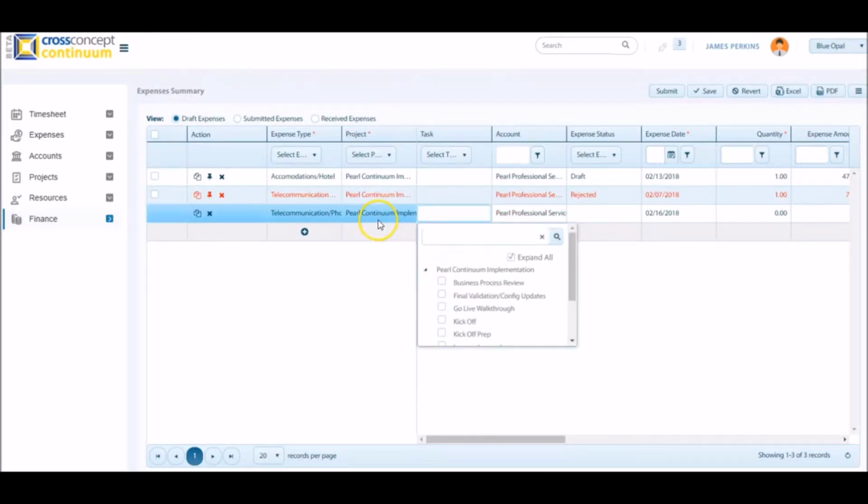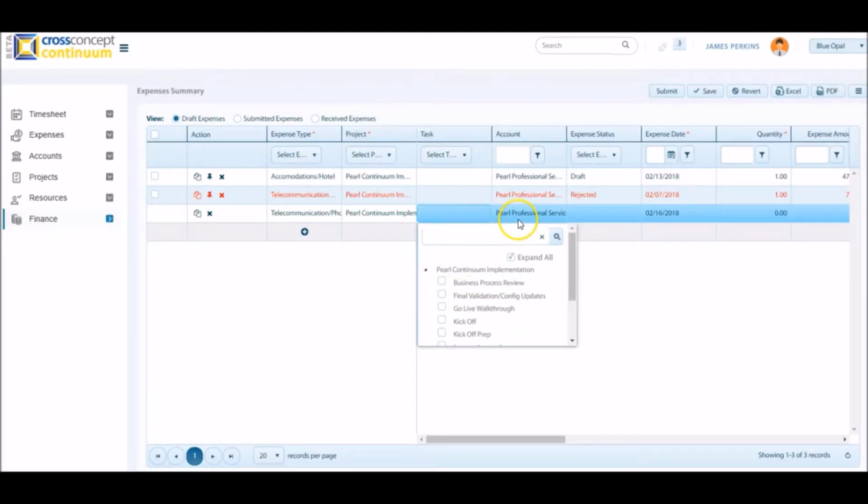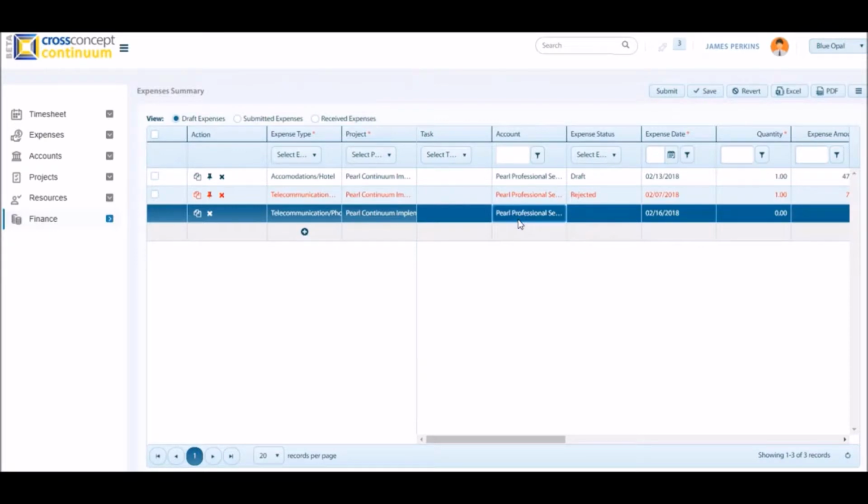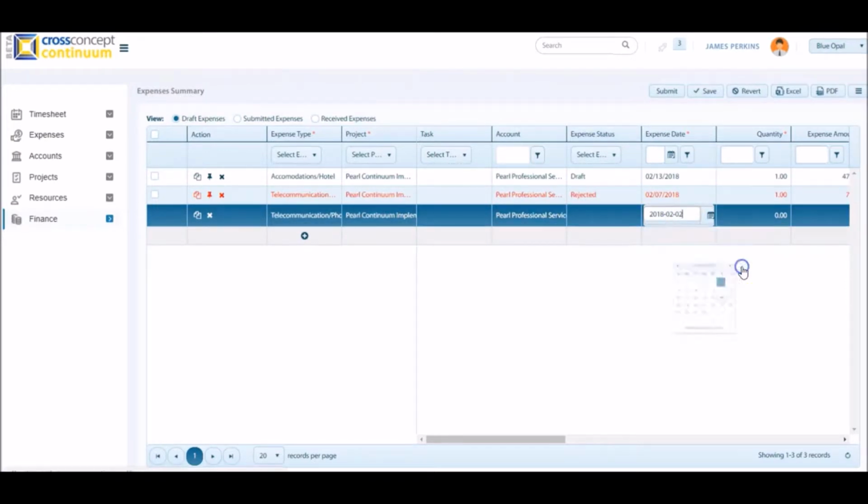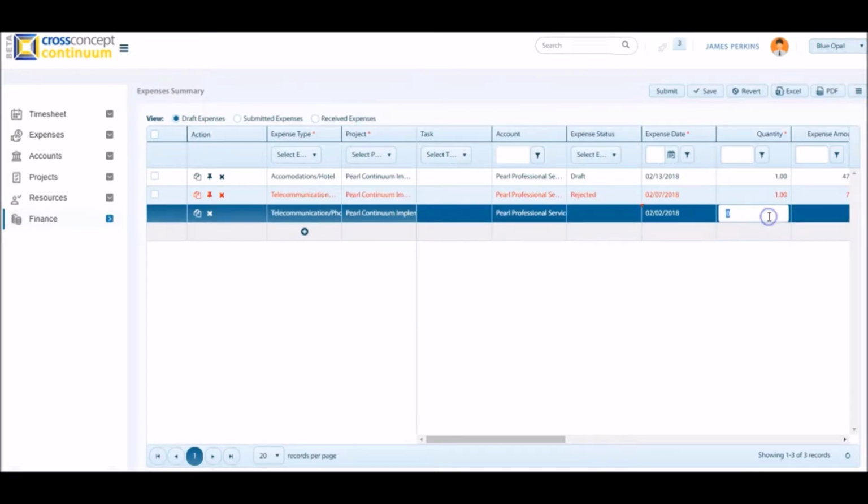By selecting the appropriate project, I will also be presented with a task list that I can choose from as well. So I can either choose to select a task to specify, or I can just move on to the next box. So you will notice that I am already presented with the account details, which are matching the corresponding project, Pro Continuum implementation. I can select an expense date, quantity and amount,